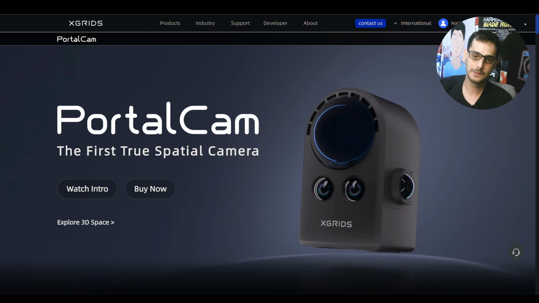And all the tests that other people did that I saw that are made with this camera, they all look really, really good. In my opinion, right now, it's the only viable solution if we want to do a Gaussian splat of the set, of the scene, of something that we want later to use in something like